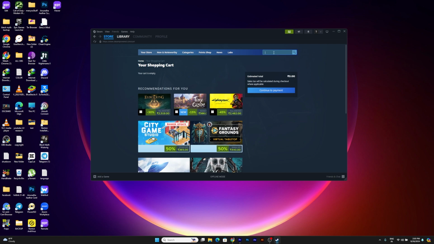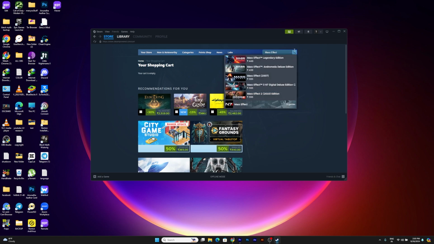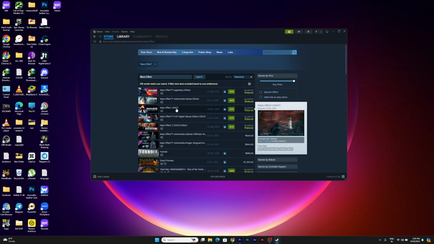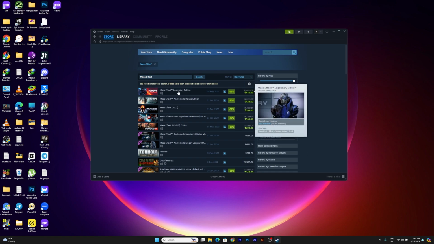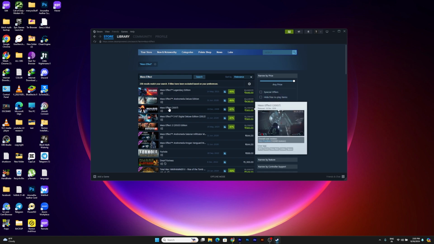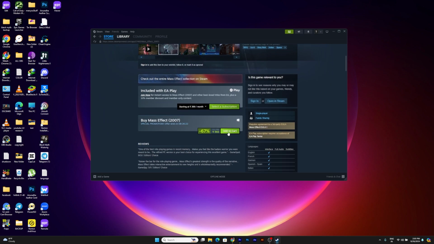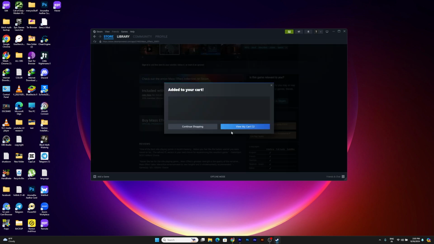and from the search, type Mass Effect, and then this will be the third result. All right, this is the stock one, this is the legendary edition. I'm going to do this for the stock version. All right, Mass Effect, add to cart,